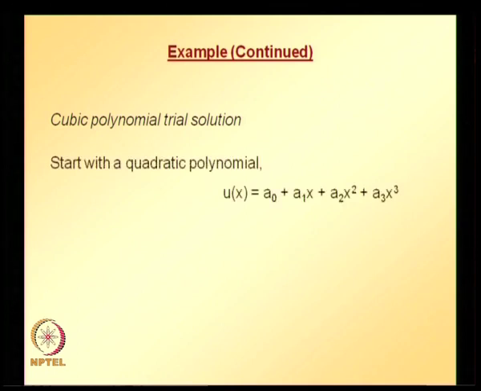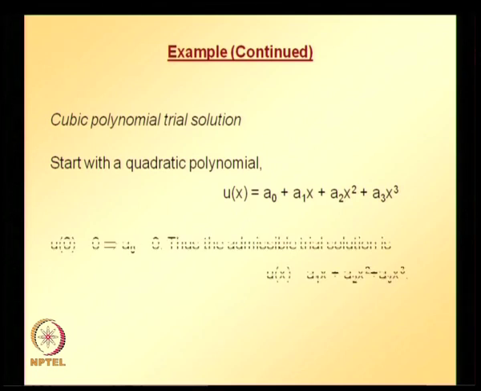You can easily guess that is nothing but a0 plus a1x plus a2x square plus a3x cube. Okay. So now first job is to make this admissible. Admissible means it has to satisfy the essential boundary condition and impose that, that is you take this trial solution, substitute x is equal to 0 in that, then it leads to the condition that a0 is equal to 0. So the admissible trial solution becomes u is equal to a1 x plus a2x square plus a3x cube. Okay. So now your job is to find what is a1,